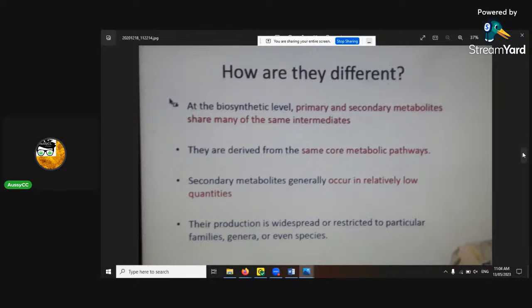And how are they different? Well, there's primary and secondary metabolites. With the primary, I'll read this first. At the biosynthetic level, primary and secondary metabolites share many of the same intermediates. They are derived from the same core metabolic pathways. Secondary metabolites generally occur in relatively low quantities, and their production is widespread and restricted to particular families, genera, or even species. Yeah, that's the key thing. Secondary metabolites occur in relatively low quantities. So that's involved with your